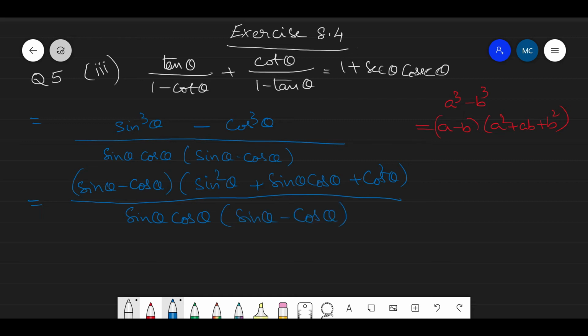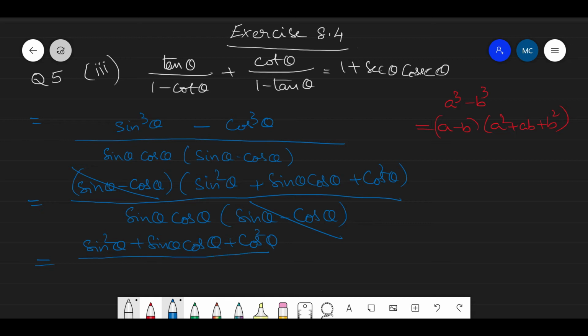Sin cube theta minus cos cube theta, we made it as sin theta minus cos theta into sin square theta plus sin theta cos theta plus cos square theta, using the identity a cube minus b cube is equal to a minus b into a square plus ab plus b square. When you simplify this, you can cancel sin theta minus cos theta and sin theta minus cos theta, and you are left with sin square theta plus sin theta cos theta plus cos square theta